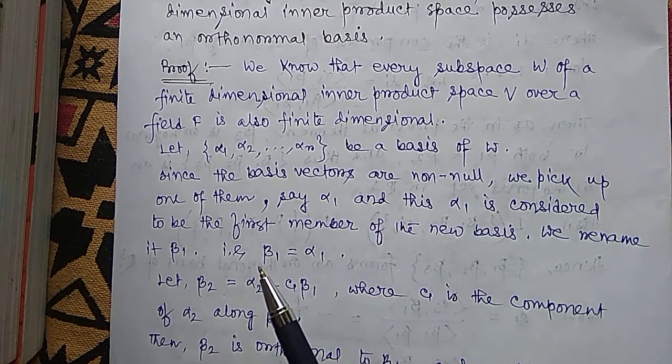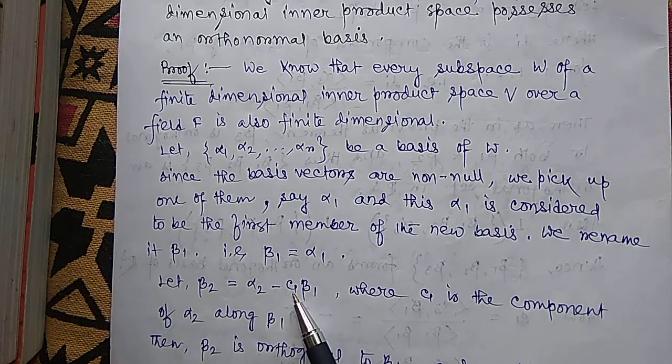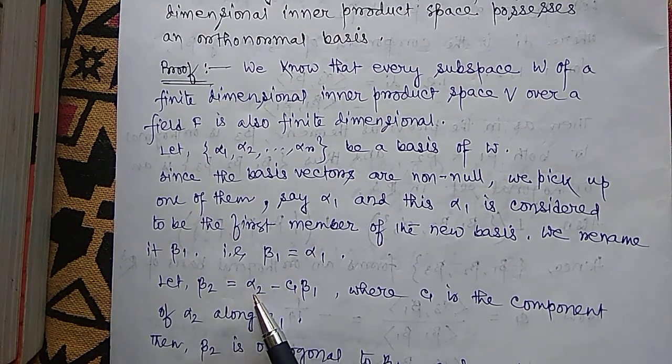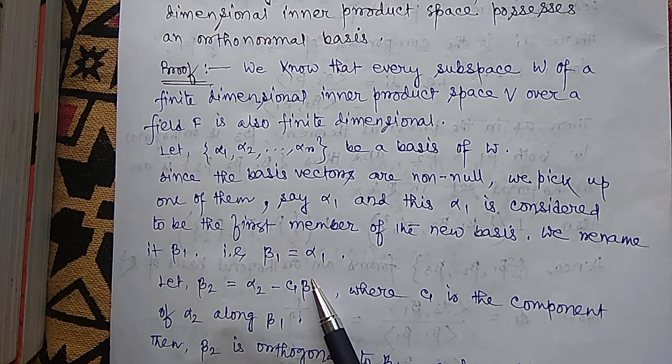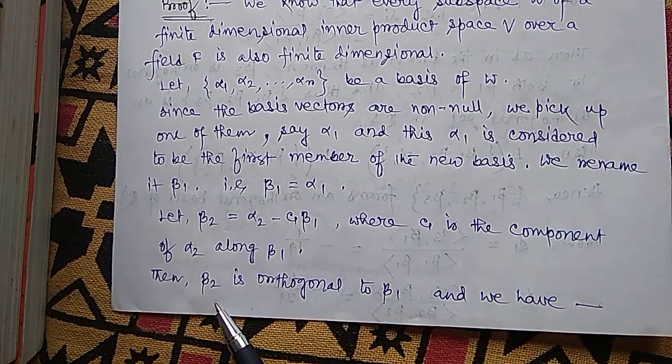We now construct the second orthogonal vector beta 2 using alpha 2 and the previously made beta 1. How? Beta 2 is alpha 2 minus c1 beta 1, where c1 is the scalar component of alpha 2 along beta 1, that is, c1 is equal to inner product alpha 2 beta 1 upon inner product beta 1 beta 1. Then obviously beta 2 is orthogonal to beta 1